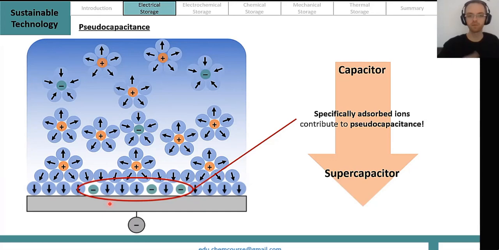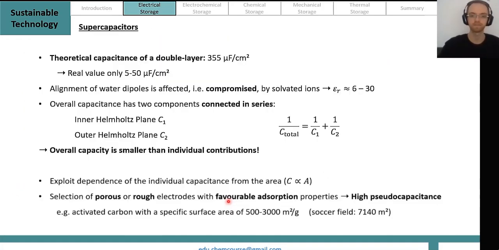And this is what makes a capacitor basically a supercapacitor. Although it is noticeable right away that, of course, these places here very close at the electrode have no solvent molecules between the electrode and the ion, it is very limited simply by the surface area which the electrode provides. Now, supercapacitors, to sum it up, we would expect a theoretical capacitance of a double layer to be 355 microfarad